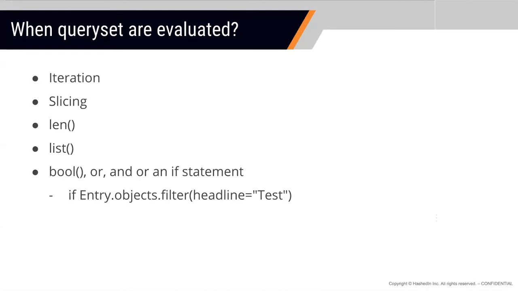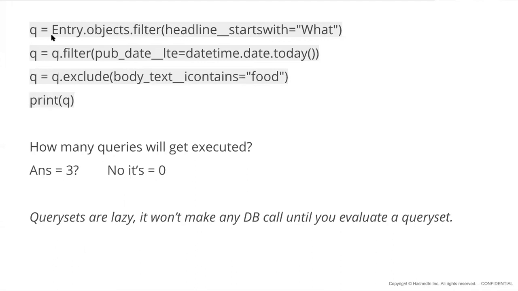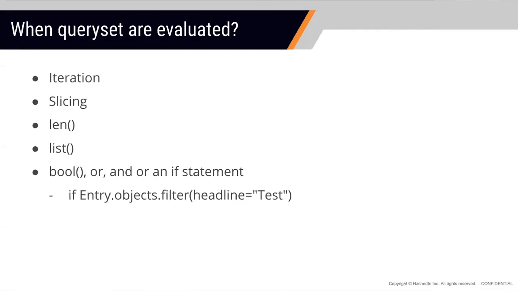So the next topic is when these query sets get evaluated. A query set, for the people who are not from a Django background, entry.objects.filter is one thing where you are saying from the entry model, try to filter something, right? So this is your query set. And it only gets evaluated when you're trying to iterate over it, or you're trying to slice it, like filter, and from that array you're trying to get the third element or top 3 or top 5, or you're trying to find out the length of your query set, or you're trying to list down your query set.